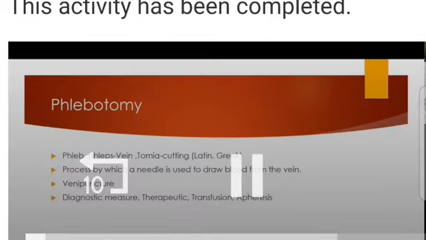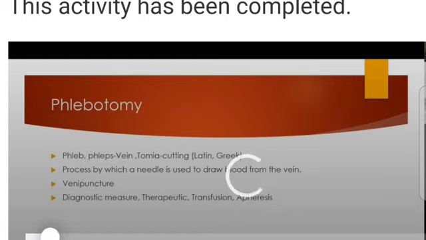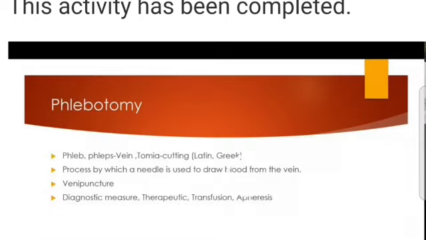the blood tests. So diagnostic measures are the first where you need phlebotomy. You can also have it for therapeutic reasons. For example, from phlebotomy